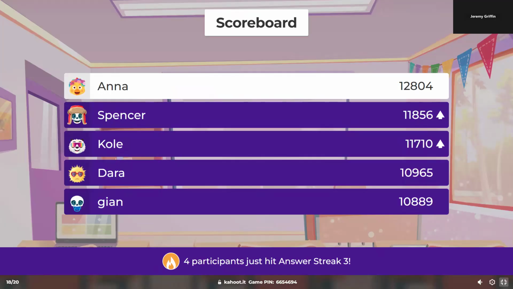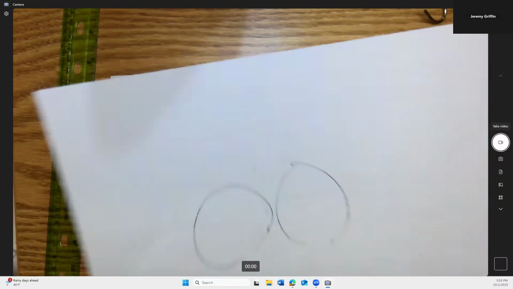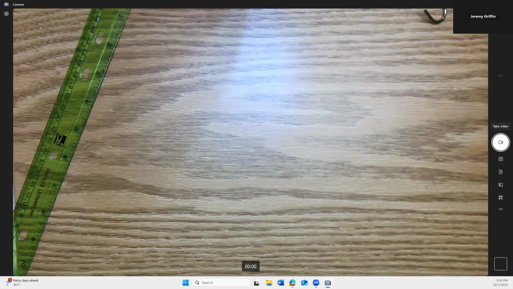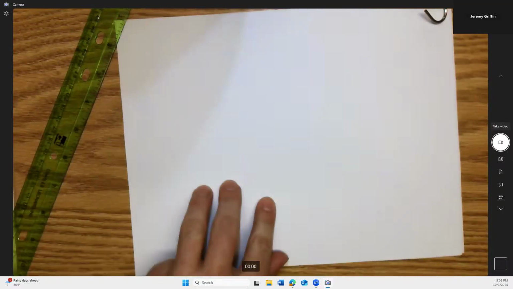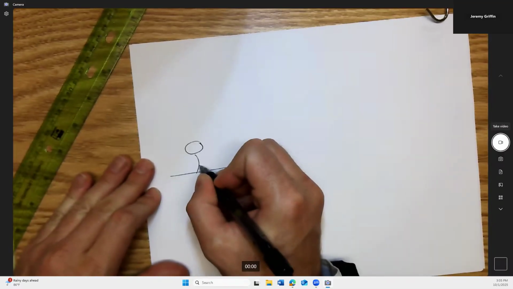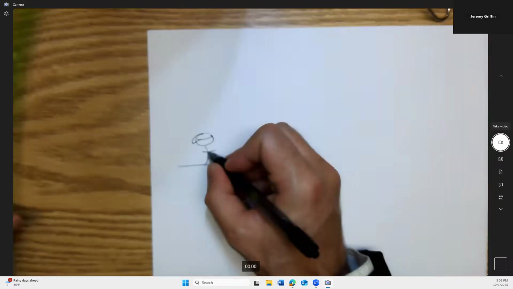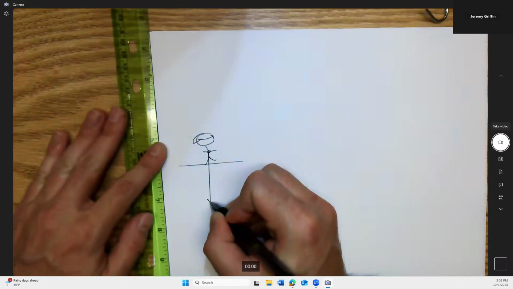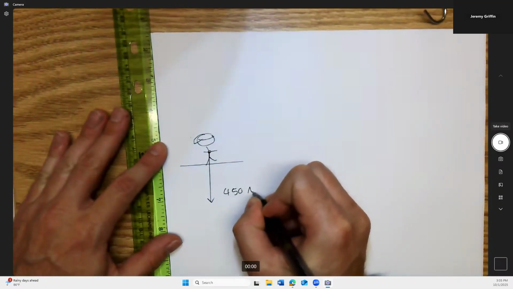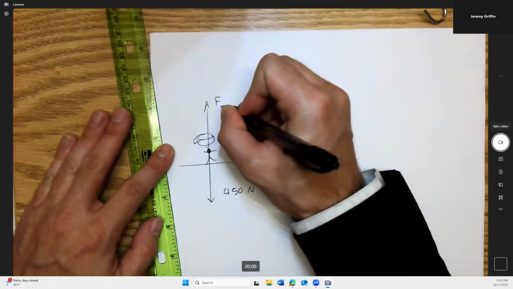Here, I'm going to draw out what I just said because I hope that wasn't confusing. So if she's sitting on a floor at rest. Here, I'll just show how we're standing. That's easier, right? So stand here. Then say she weighs 450 newtons. Now, if I do a free body diagram on her, then there's a normal force from the floor that's